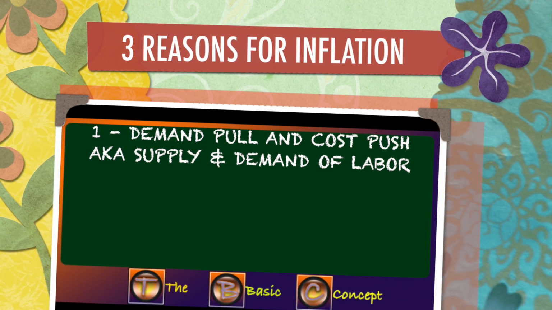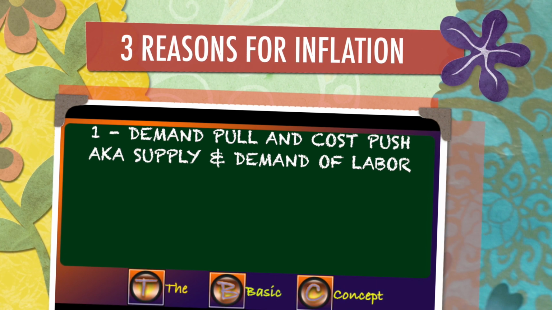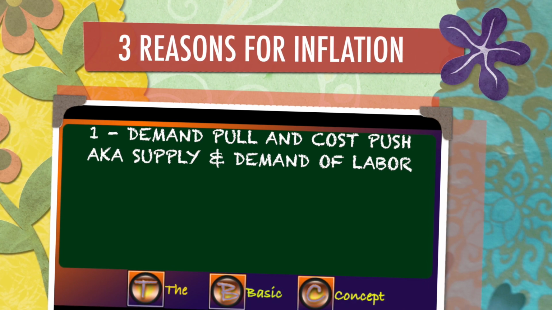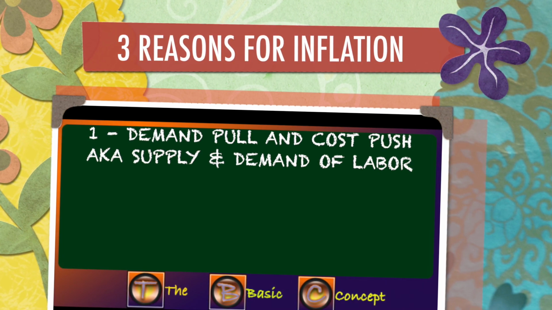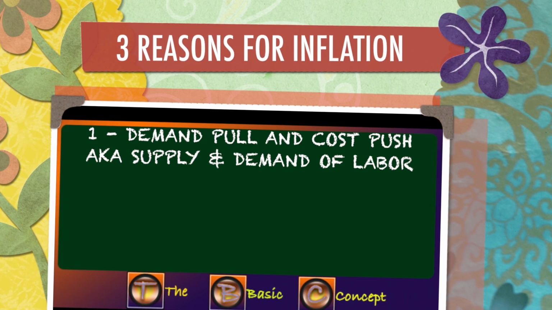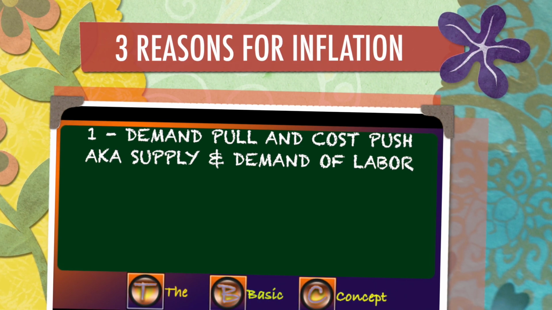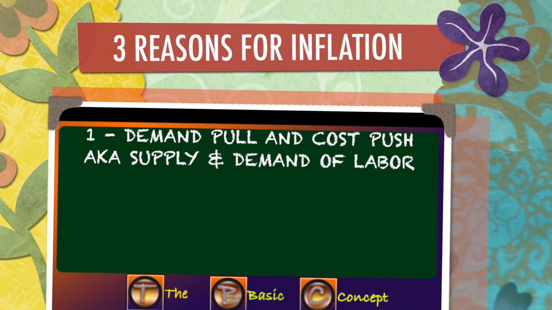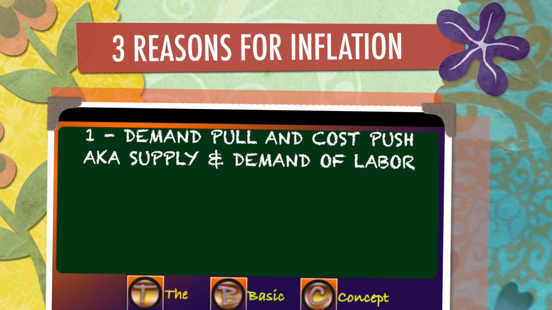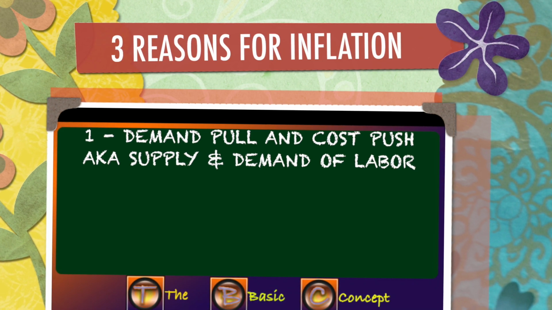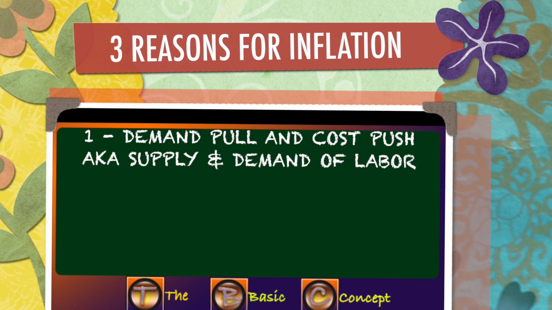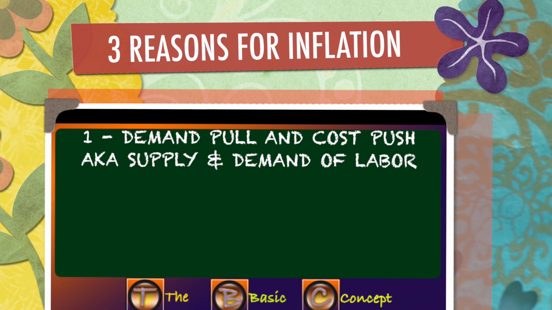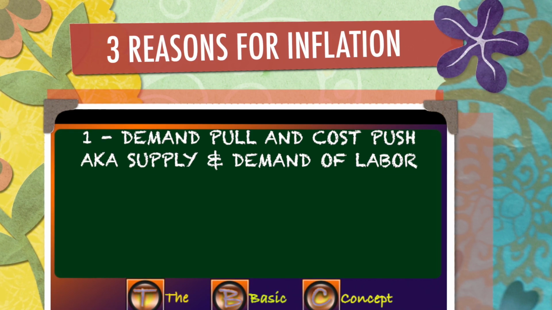To explain this, let's imagine that we have a 100% employment rate. This would increase competition between companies, inevitably increasing salary to attract more workers to them, which indirectly increases the cost of goods. The more they pay their workers, the higher the cost of their goods and the lower the buying power of their money. That is the oversimplified version of demand pull and cost push inflation. But hopefully it made sense. If the company has to pay its employees more, their product has to cost more to stay profitable. Supply and demand of labor.